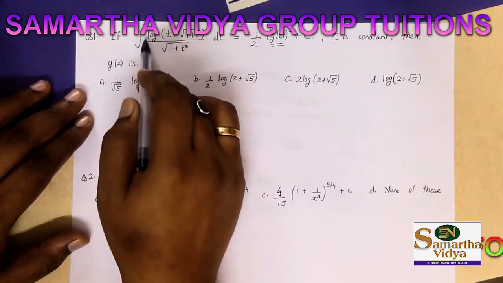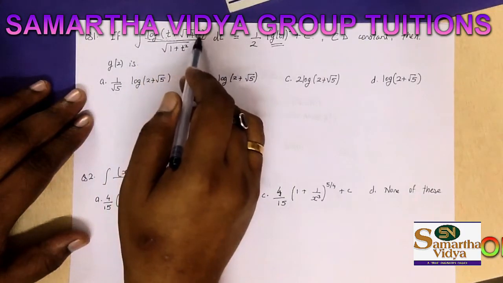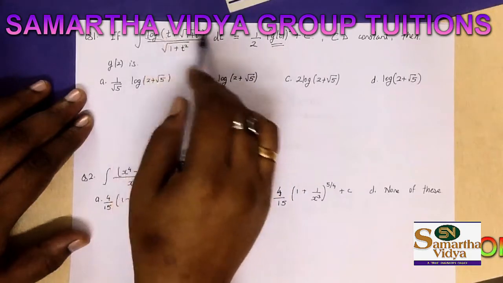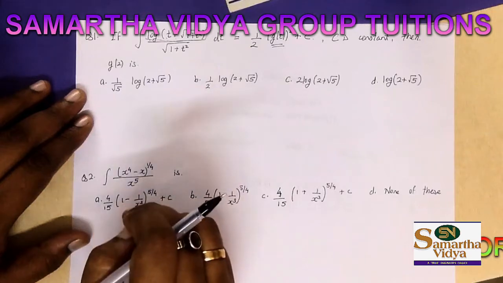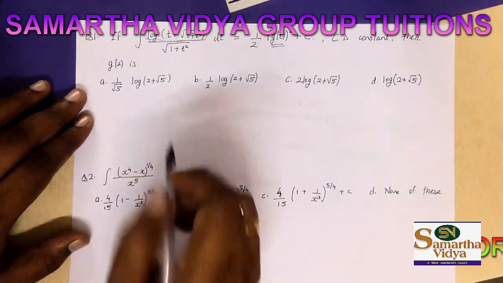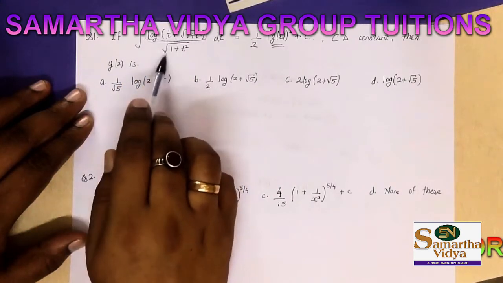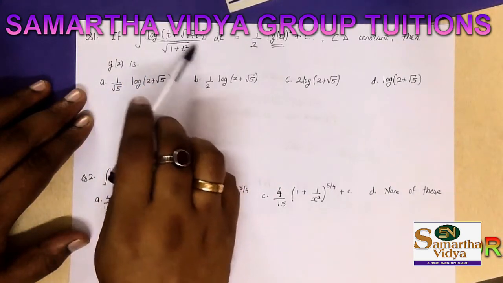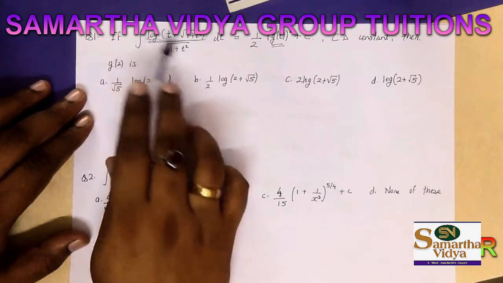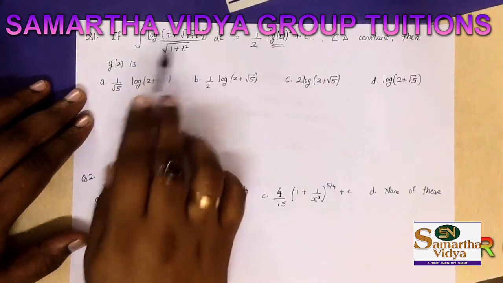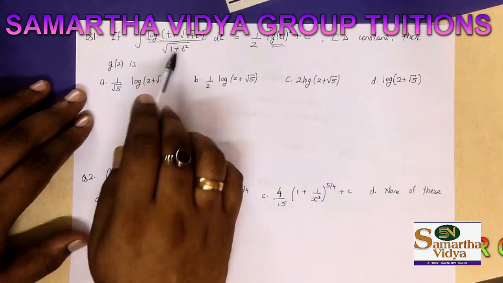Now if you see this particular term, which is log of t plus root of 1 plus t square, this is the most commonly seen type of term. By commonality I mean that if I take the derivative of this, we get 1 upon root of 1 plus t square. You can just check it out. You're taking the derivative of the numerator term, and you get the 1 upon the denominator part. So you can see that the derivative is present in the numerator.